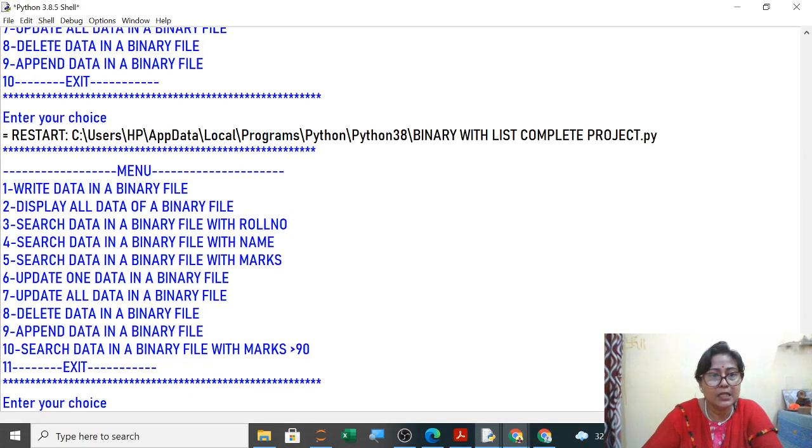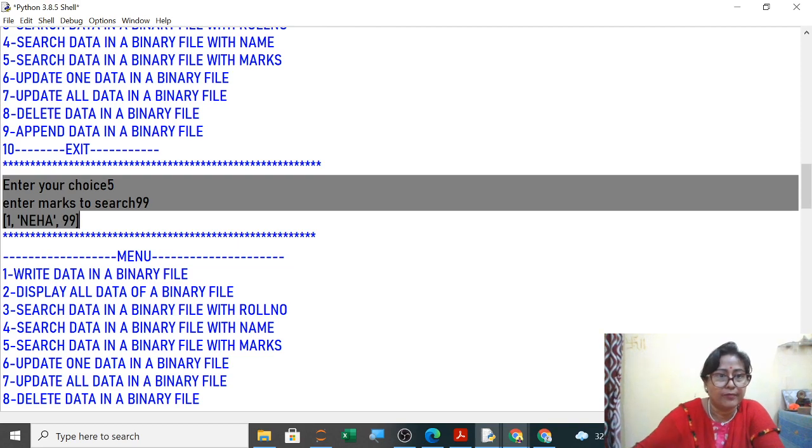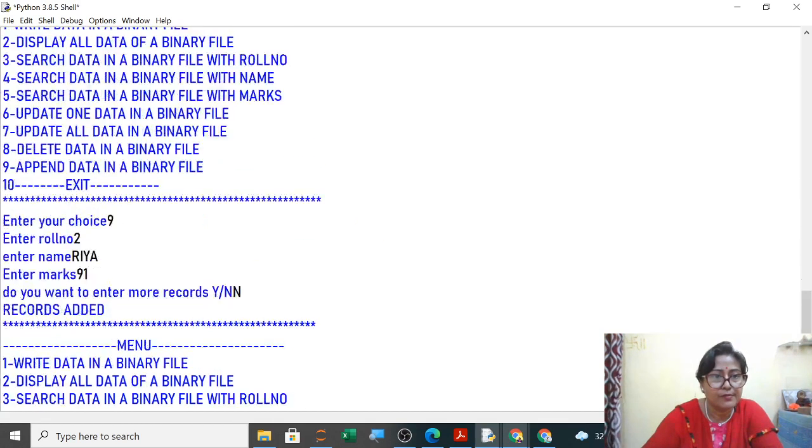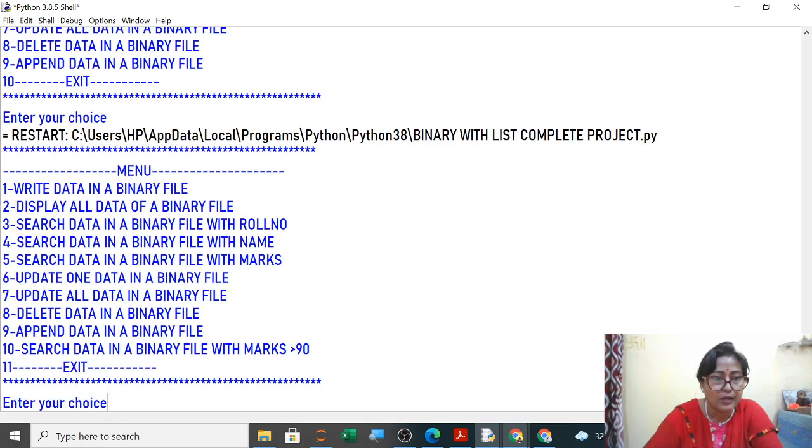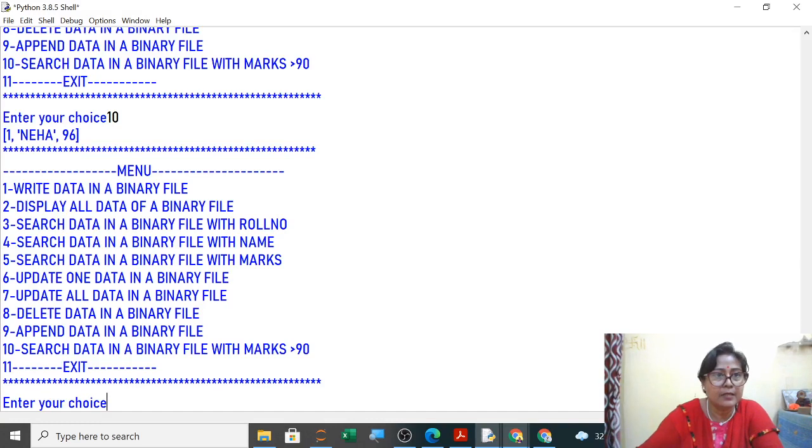You can see here. Now 10th option was search data greater than 90, enter. So greater than 90, Neha, only Neha is there, 96. So I am simply checking it once again.